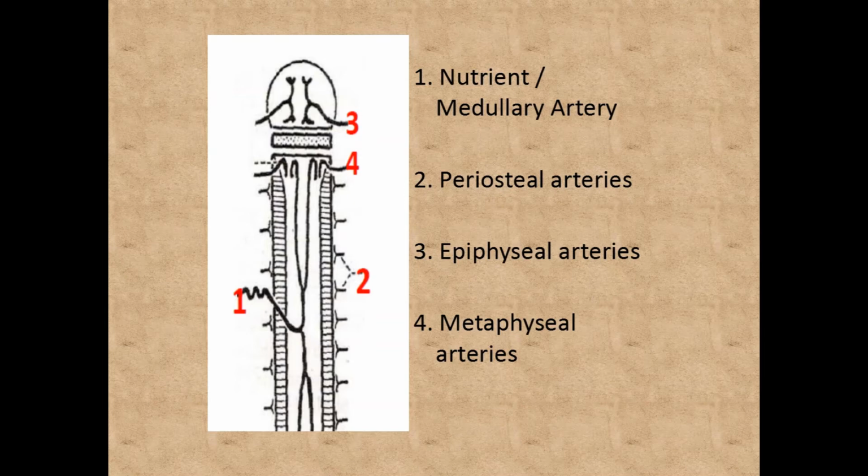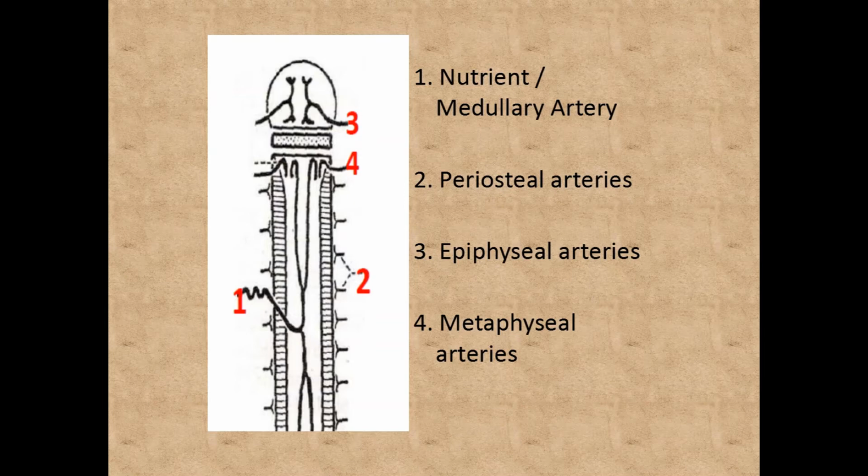So consider the path from 1 to 4 as a road, and you're traveling from 1 to 4 in that road in a car. Which area are you likely to slow down the car at? So one area would probably be where the nutrient or medullary artery takes a bend and divides into two. The second area, which is more likely, is number 4, hairpin bends. So if you have traveled through the Western Ghats, you know that there are multiple hairpin bends and how carefully you have to drive through them, reducing the speed of the car, right?